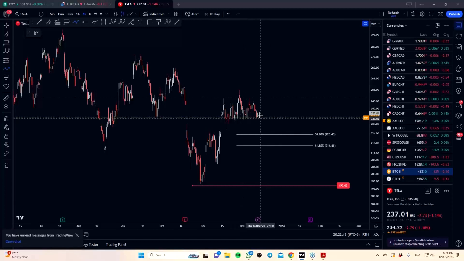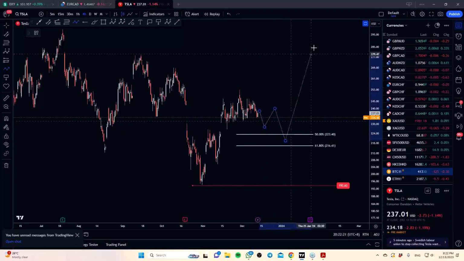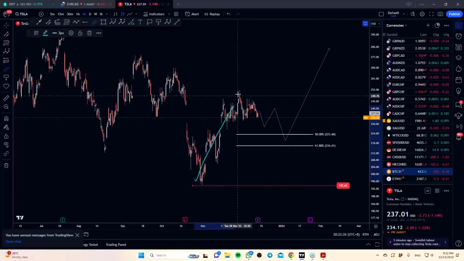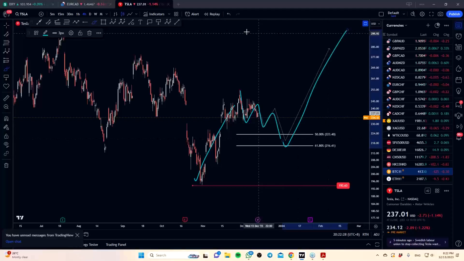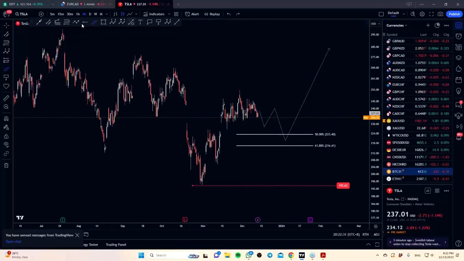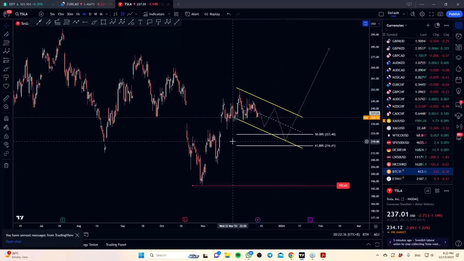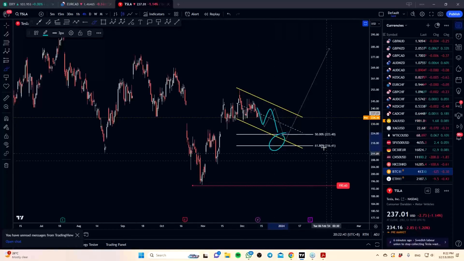Again, start to plan out, right? How do we want this to come down, right? Ideally, we want this to come down correctively so that we have a combination of an impulse and a correction, and we can then expect upside. Okay, let me then also put in some channels for visual references, right? So that's ideally what we want. Okay, so same thing, right? What we can play around with is multi-time frame. As the market starts to approach around the 50 and 618, which is about $223 to $216, you can even consider going down to the hourly and see if you can get a CRAWL.